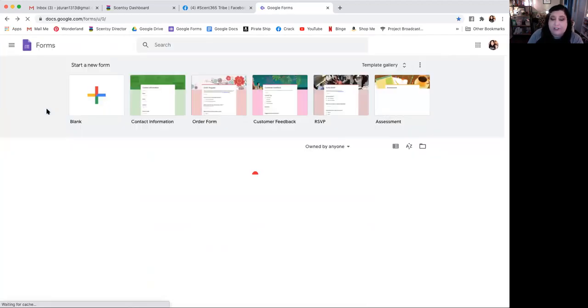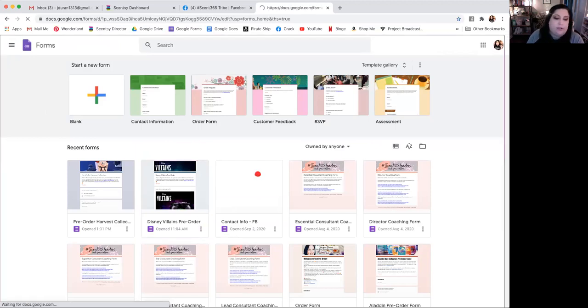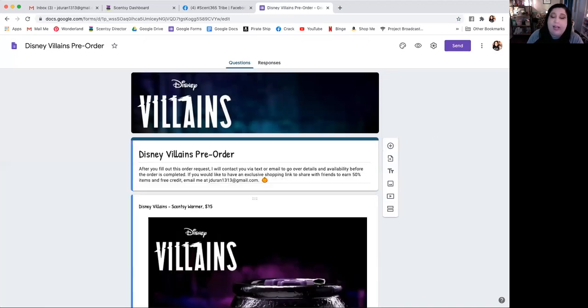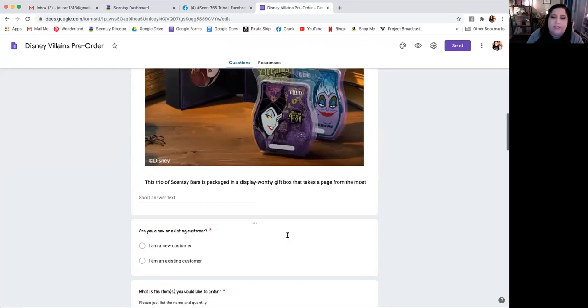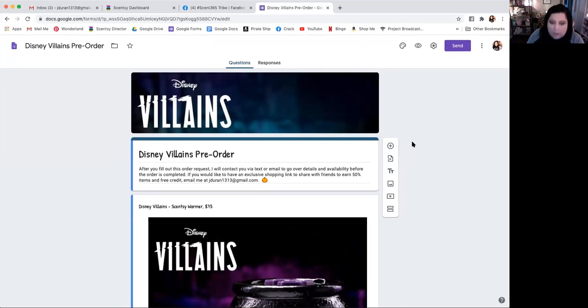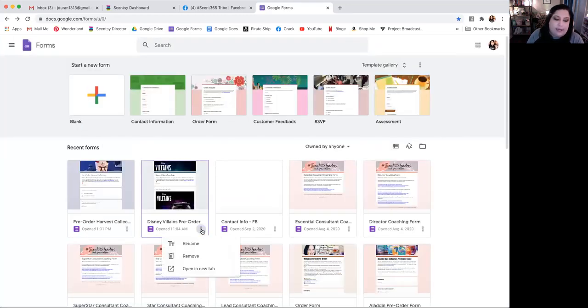Now, I'm actually going to show you how to create one. So we're going to use this as a template, and I'm going to create a mock one for you. This is totally pretend. All right, so let me just go ahead and click on this, and you'll see how it looks different than what we were looking at before. This is because I'm in editing mode. I want to actually just make a copy of this. So what I'm going to do is come down,